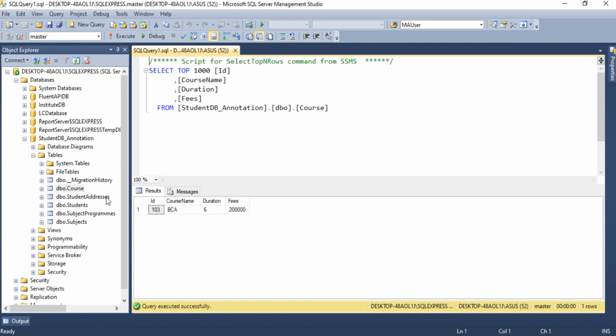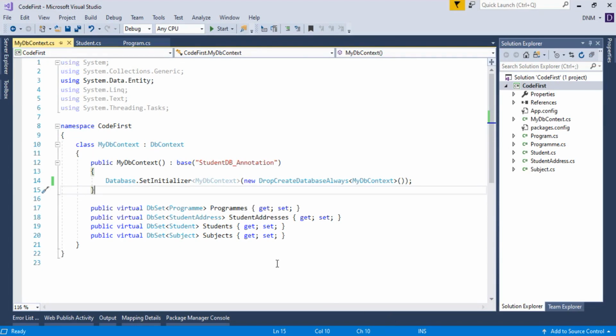We didn't make any schema side changes. We kept all the columns and models the same, so there are no changes at the schema level. We can just identify it with the help of that record's contents. We are going to see the last initializer, that is MigrateDatabaseToLatestVersion, in the next video while studying actual migration. So this video is just an introduction to database initializers and what migration is.